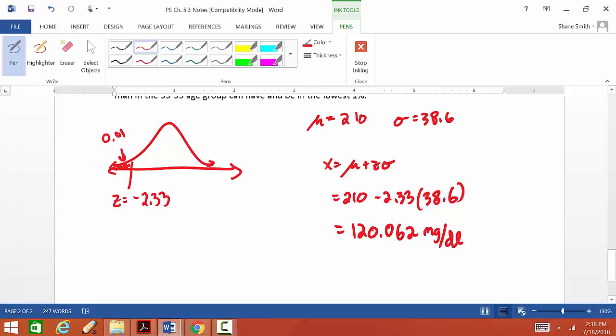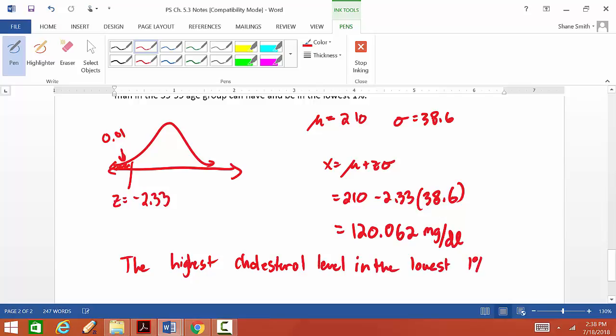So the highest cholesterol level in the lowest 1% of men